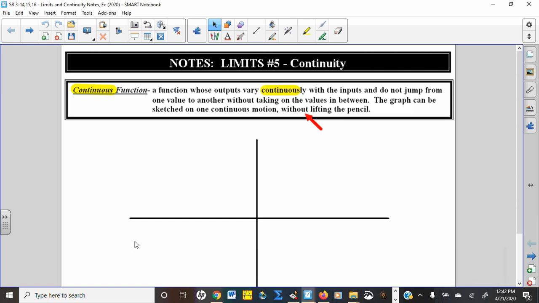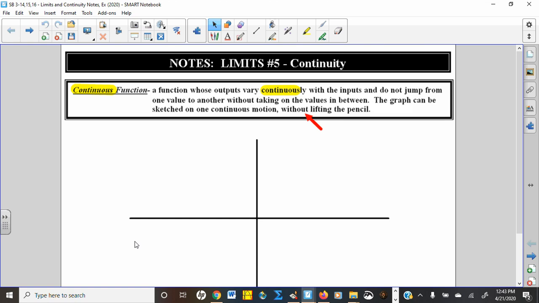All right, so we're trying to discuss the idea of continuity again today. Continuity is something we talked about probably the very first day of class. If you go back to page 1-1 of our course pack, the first 3 pages are all vocabulary terms, and it took us about 2.5 days to get through all those terms at the beginning of January. And I believe this is on page 1-1, continuous function: a function whose output varies continuously with the input so